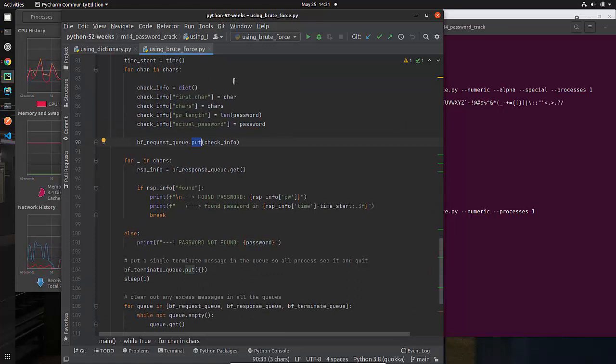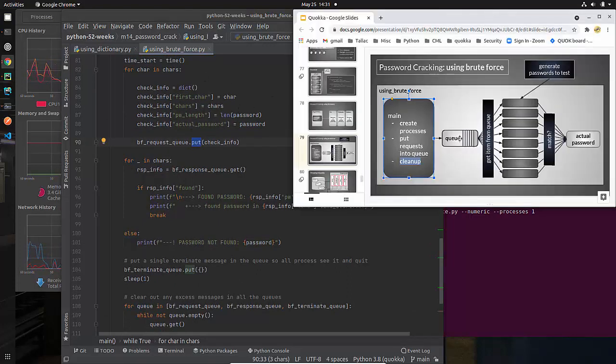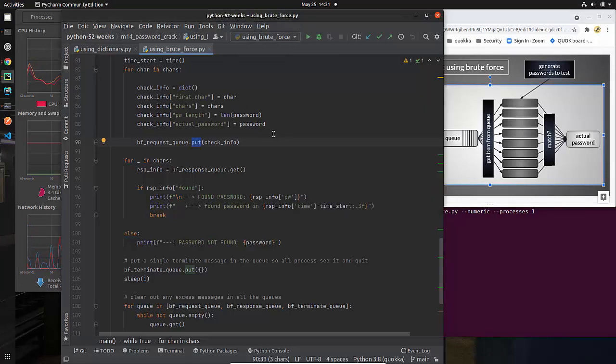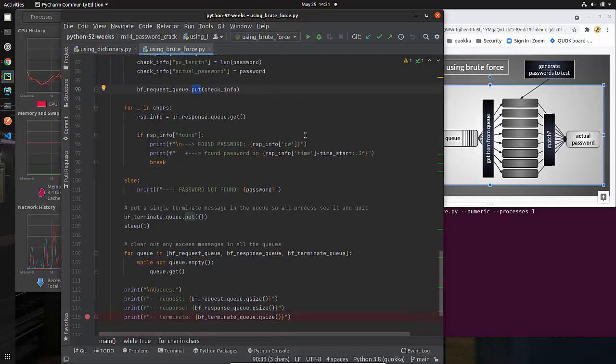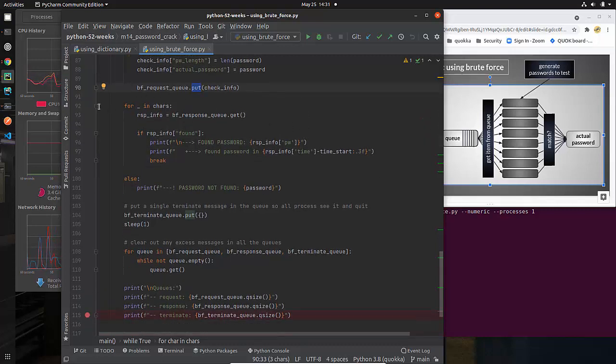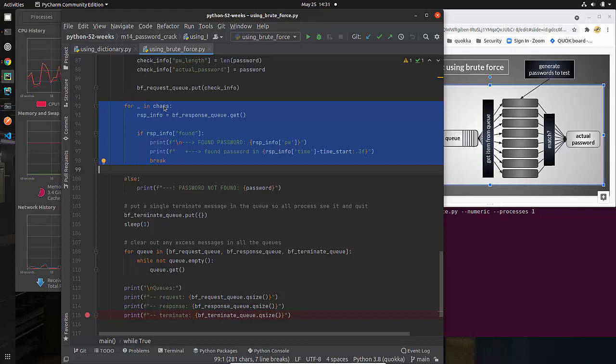So now I'm done creating all of this stuff. I'm done putting everything into this queue here. All of my requests are now in the queue, and now I can just wait for everybody to complete. Basically what I'm doing is going through, for every one of these characters, and I really don't care which one responds to me in this response queue.